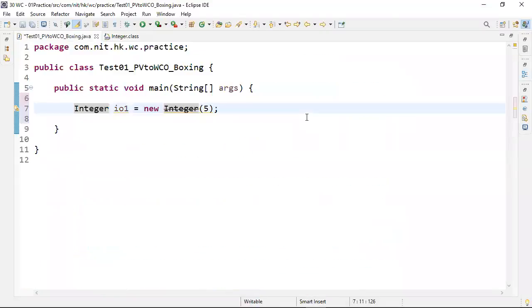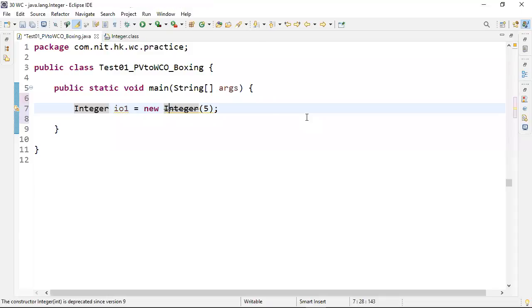Come back. Then next, tell me, whenever you use the new keyword, what will the new keyword do? It will allocate memory for the non-static variables available in the class. Now, the new keyword will take the class name Integer and allocate memory for instance variables. How do I know how many variables are there inside this Integer class?